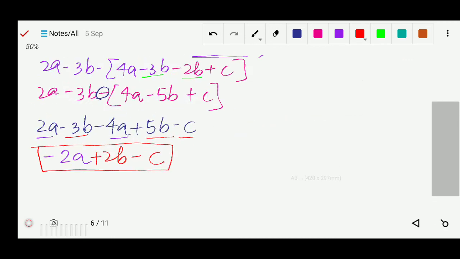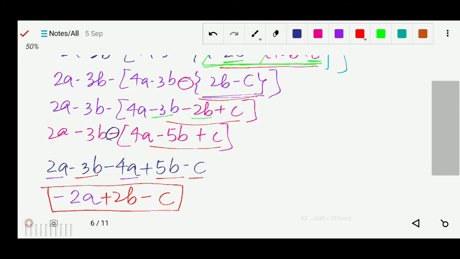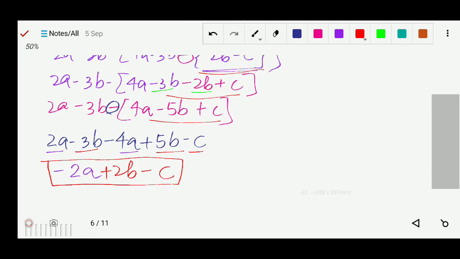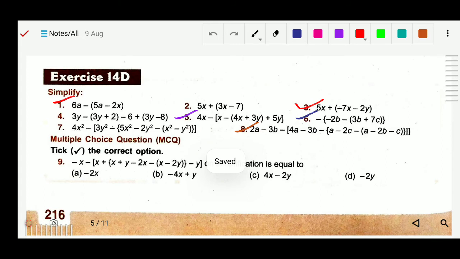Okay, you just have a look at it again how we have solved. First we started from here, we solved that one, remove the bracket, solve inside that, remove bracket, solve inside that, and likewise we followed the step. So you have to follow the step. You have to remove the bracket. After removing the bracket, whatever the terms inside, if you can solve those terms, then proceed to the next step, and likewise you remove all these grouping symbols one by one, and then finally you will get the answer. Okay, now last question, question number 9.